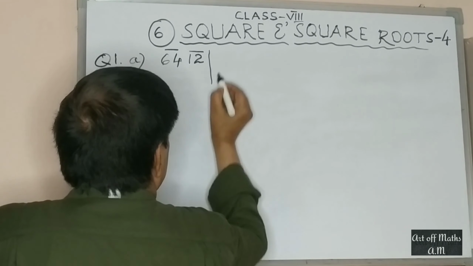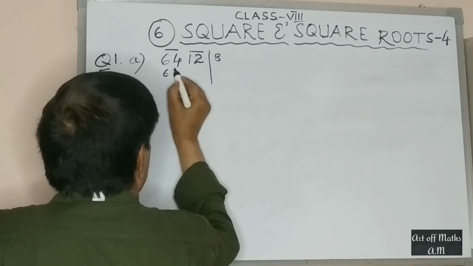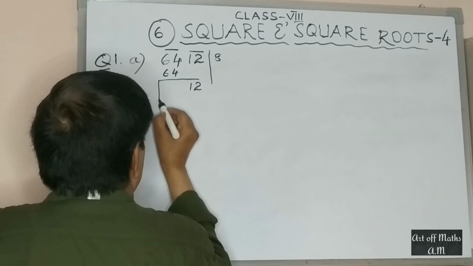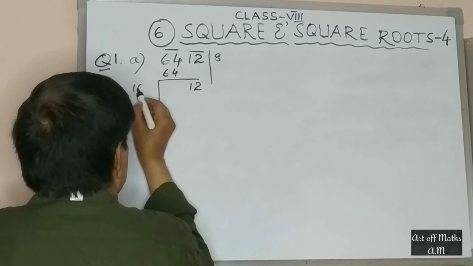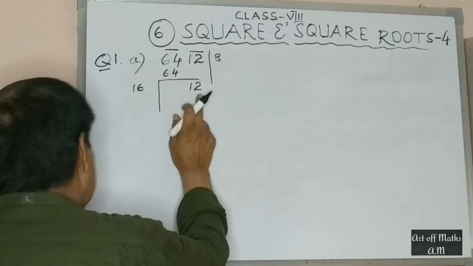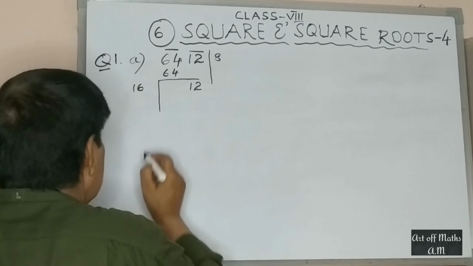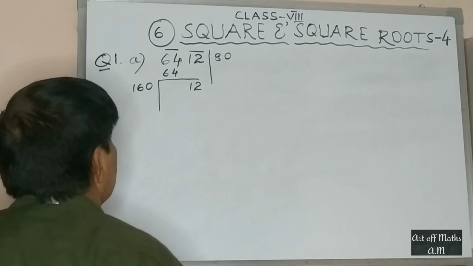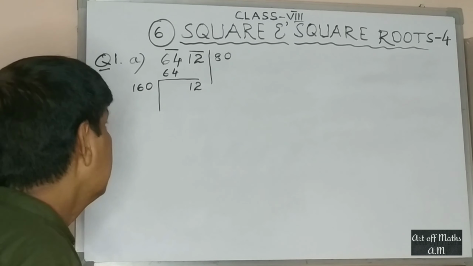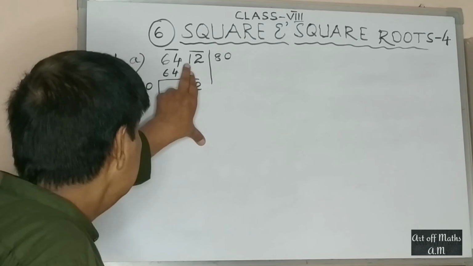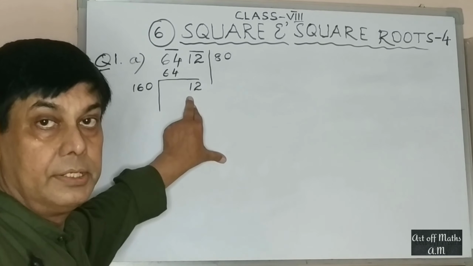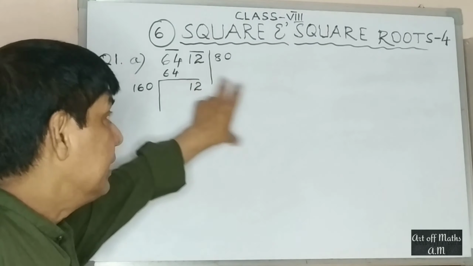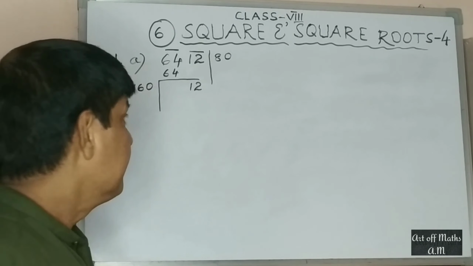Now here 8 8s are 64. Now 12 is the remainder. It will become double 6, but it becomes lesser than this one. So there is no other alternative just to put a 0 after 8. That means अगर ये परफेक्ट स्क्वायर हो जाता तो ये रिमाइंडर आता ही नहीं. ये परफेक्ट स्क्वायर नहीं है, हमें बनाना है by adding some particular number.